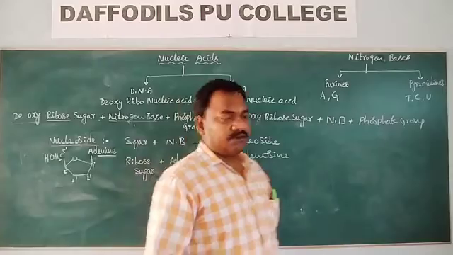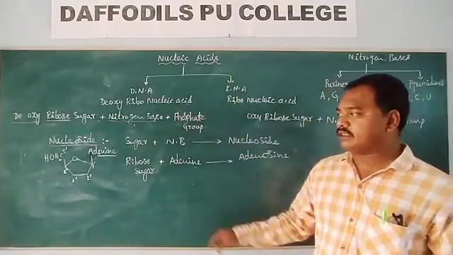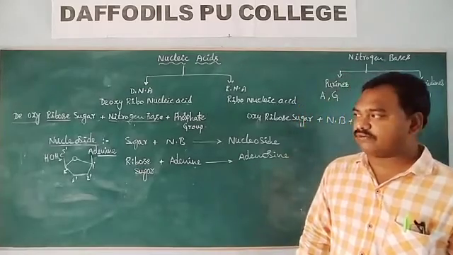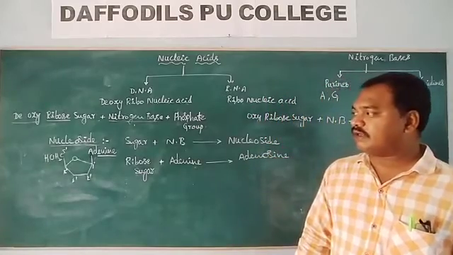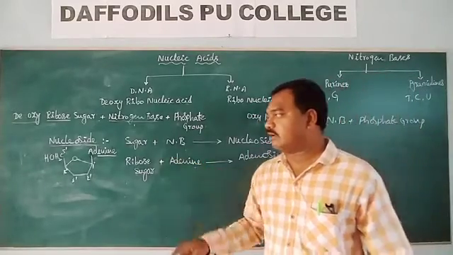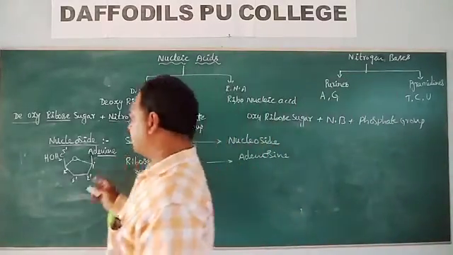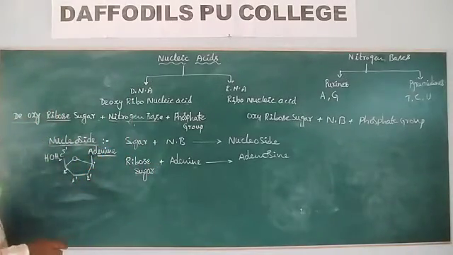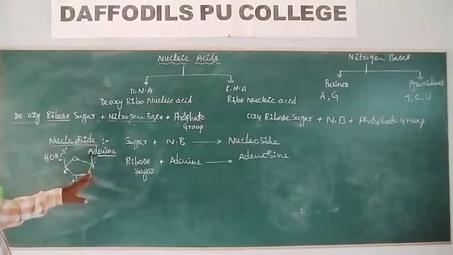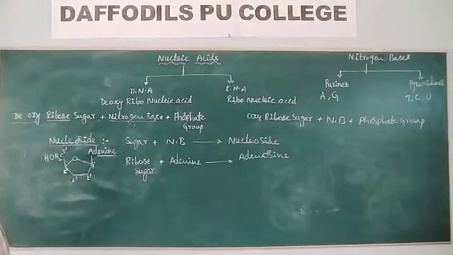Maybe in your biology you have the structures, but in this chapter there is no need for them. For your reference, the materials give the structures of adenine and its bond, but the textbook does not, so we don't need them. Simply know to which carbon adenine is connected: the 1 prime carbon.